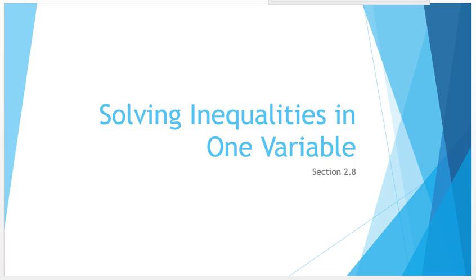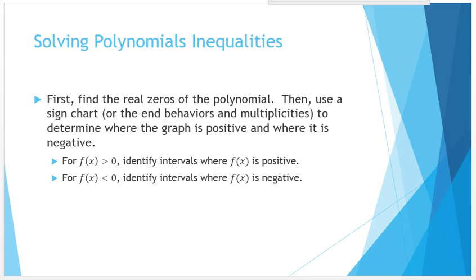Now we're going to look at how to solve some of the more complex inequalities using something called a sign chart to determine where a function is positive and where a function is negative for the f of x values. So the first step in solving these polynomials is to find the zeros of the polynomial, and that's usually done